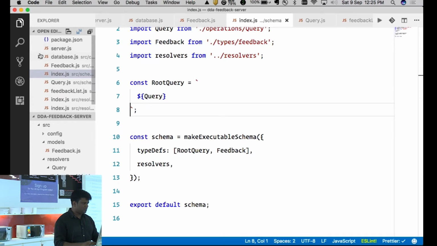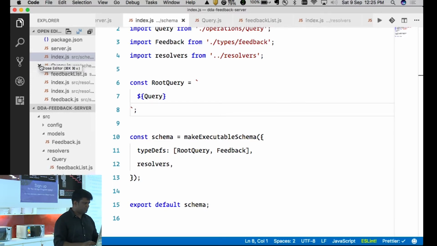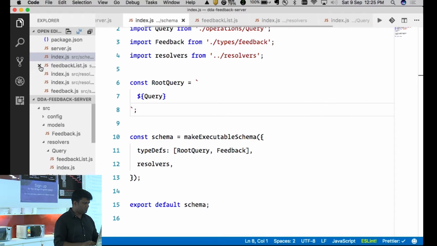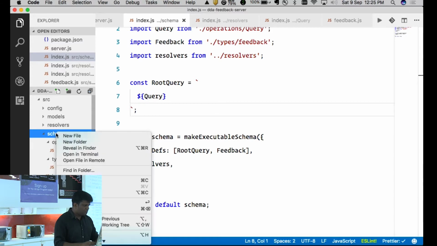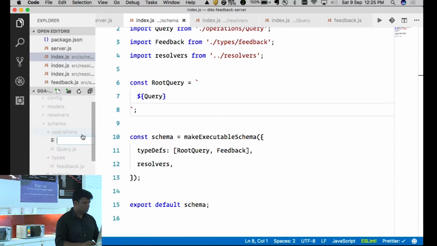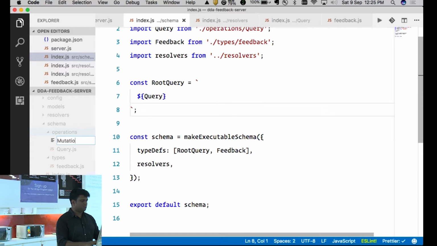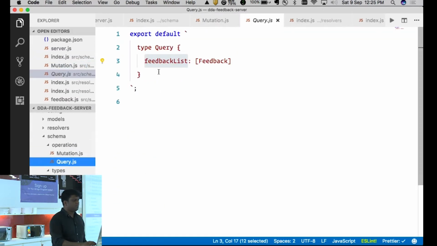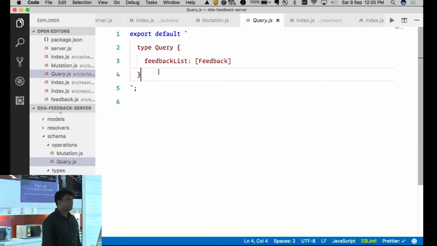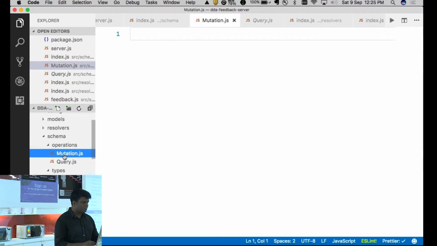Let's just close the database feedback. Let's keep the query open. Now the first thing I have to do within operations is create the mutation.js. So within query, we had one single operation which was feedback list, which gets you the entire list of feedbacks, right? Now within mutation,